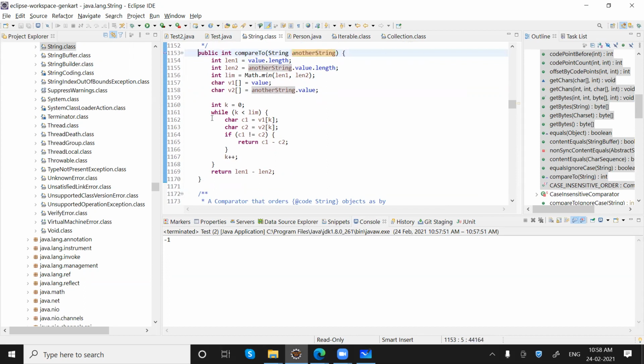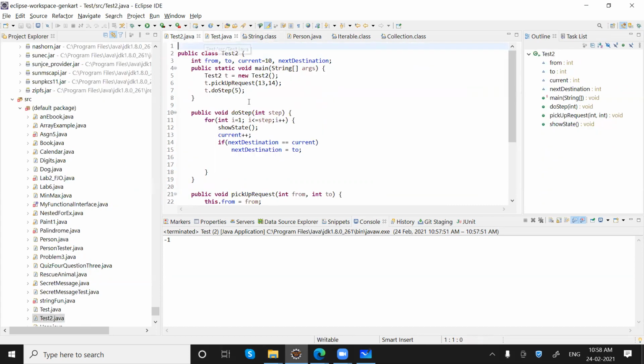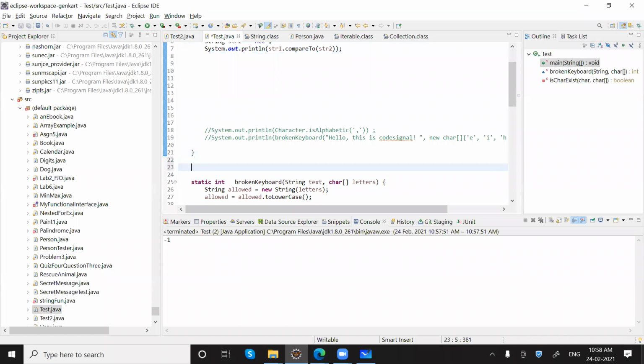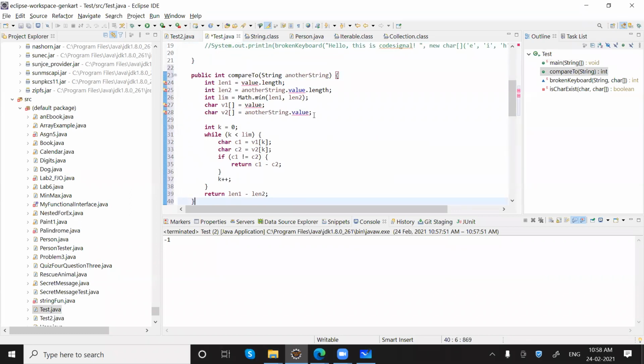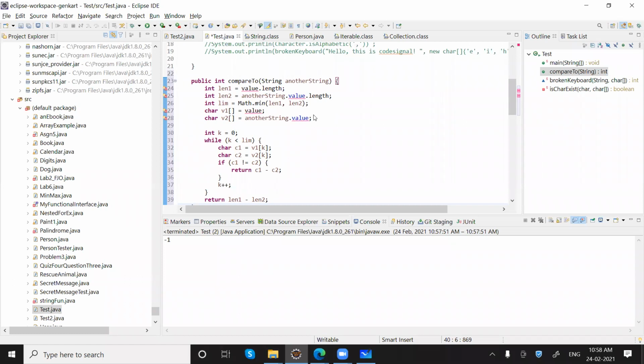Let me just copy this one into the class itself where we were doing it. So this was the code that we were having. Okay.